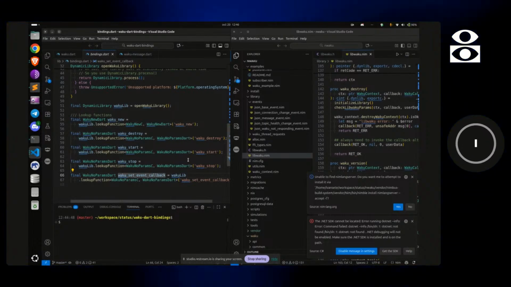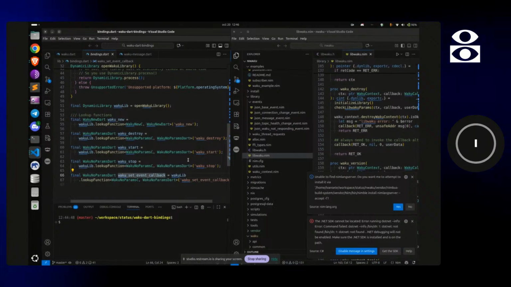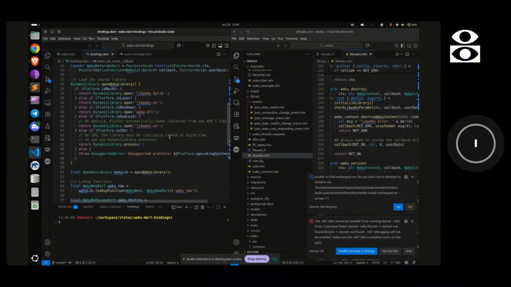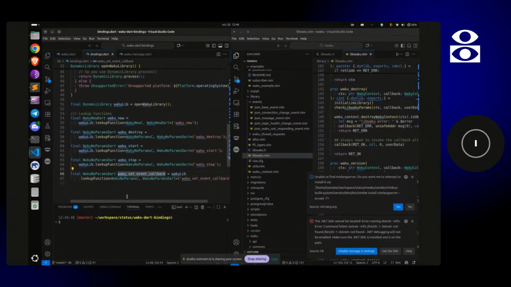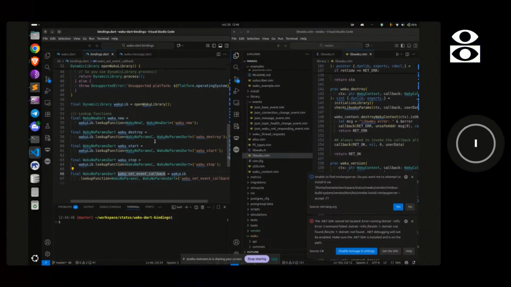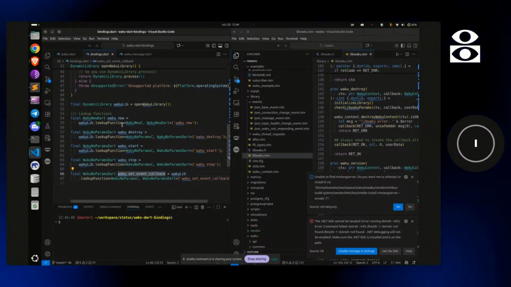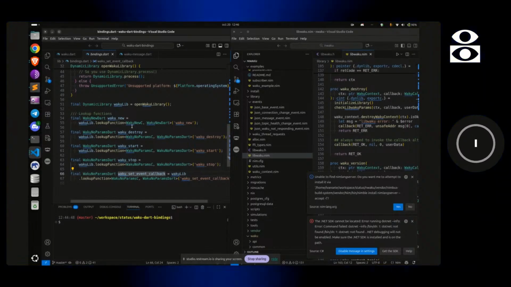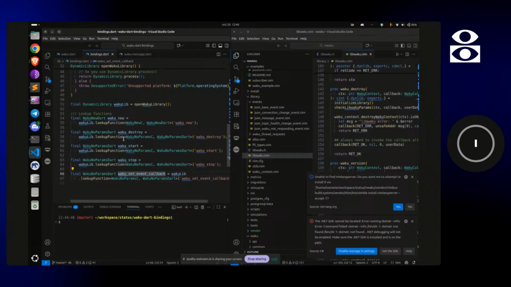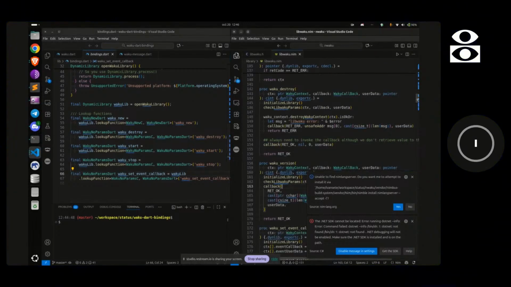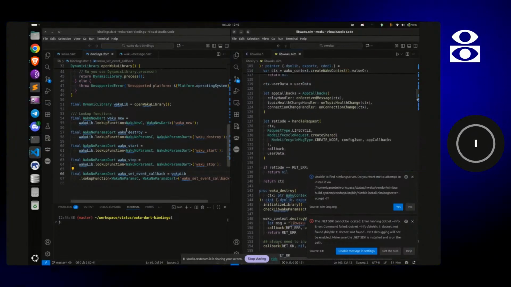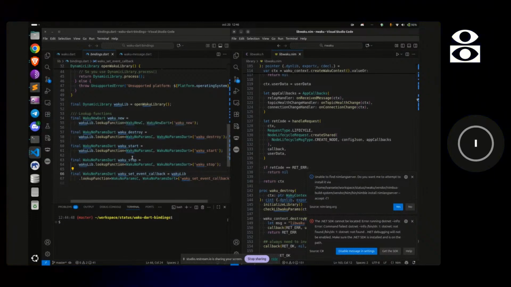The Dart bindings are much simpler, implemented in a single file. As you can see, a very short file. We are able to integrate a bunch of libwaku functions, particularly Waku new, destroy, start, stop, etc.